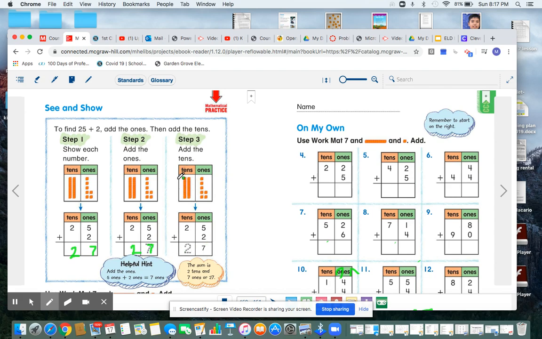And then how many tens do I have? This means 2. Now, it doesn't mean the number 2. It just means that there are 2 tens, and 2 tens is 20. There's 2 tens, and 2 tens means 20. So let's go ahead and